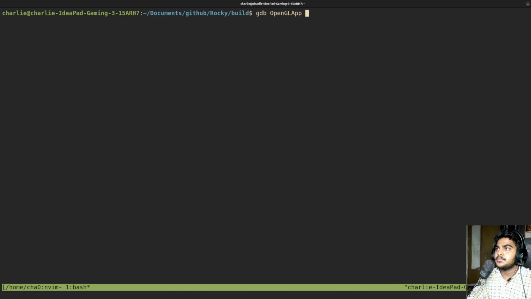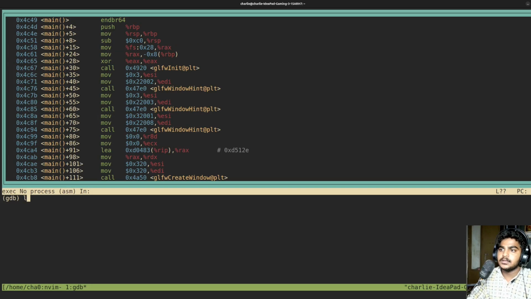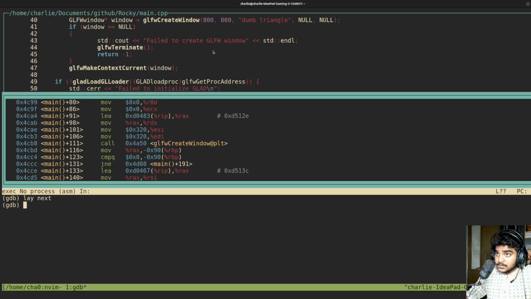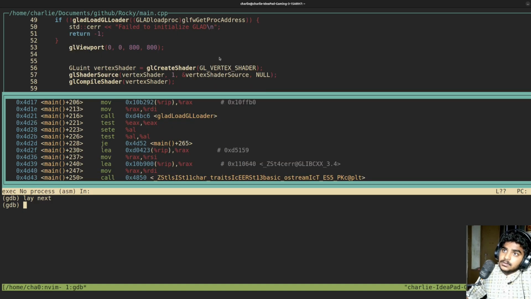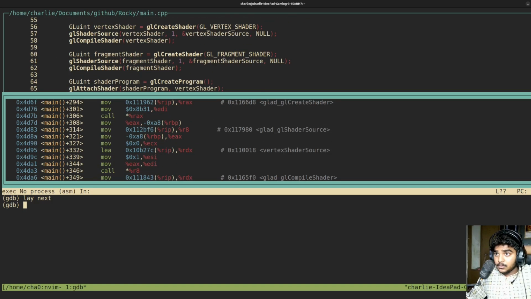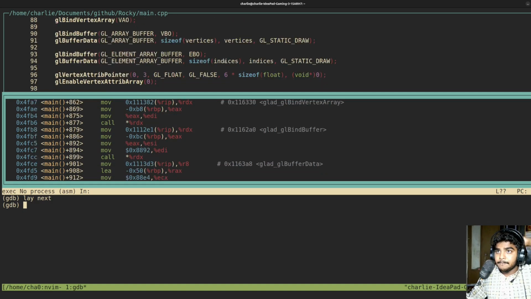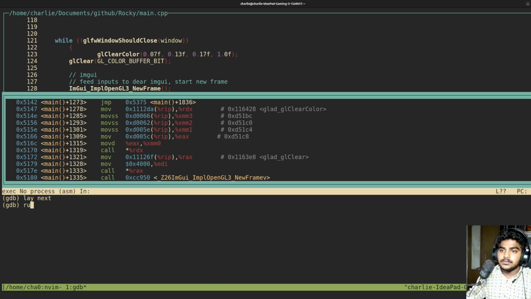GDB OpenGL and layout next. Layout next. I can, if I jump straight ahead to... where? If I do run,